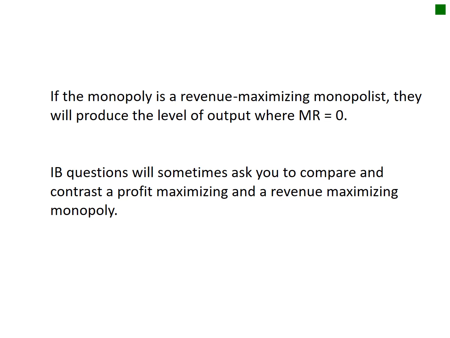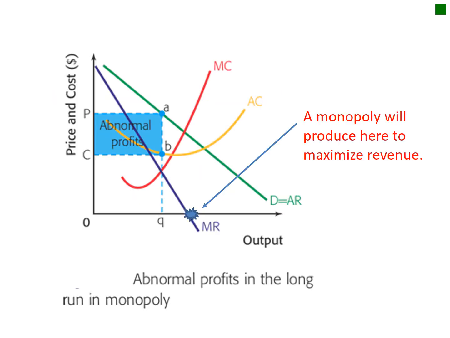So some IB questions sometimes ask you to compare and contrast a profit maximizing and a revenue maximizing monopoly. So this is where you would sell if a monopoly were to maximize revenue, where marginal revenue, as the Starbucks burst shows, equals 0. So you continue to sell and your total revenue is decreasing, so that would not be maximizing. If you stop too soon, you'd still be able to increase total revenue and you would be missing out